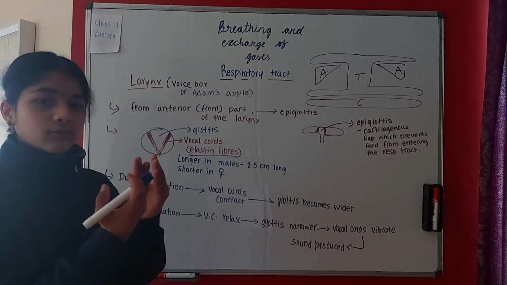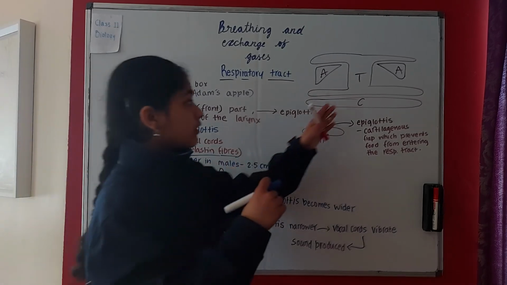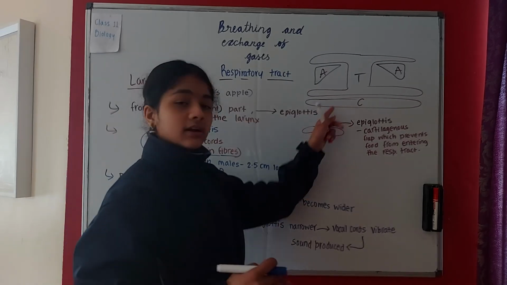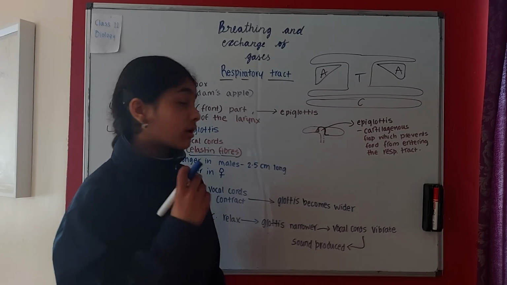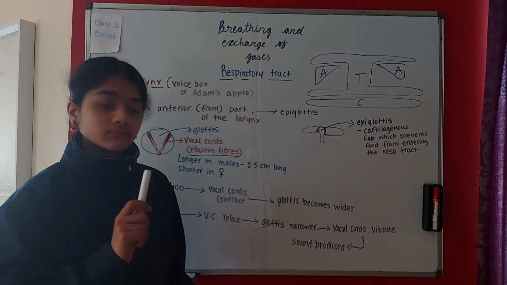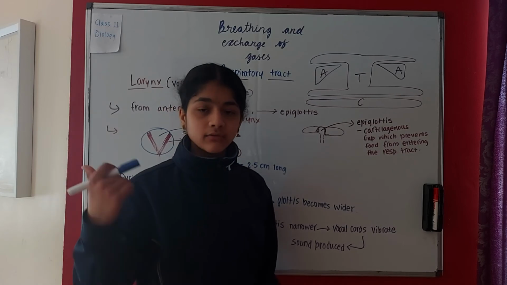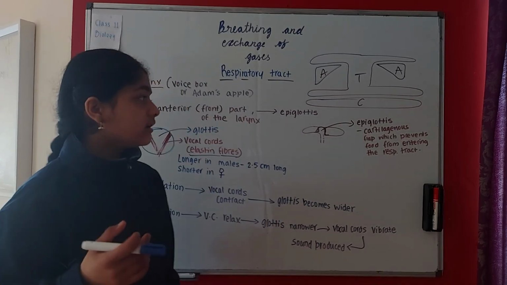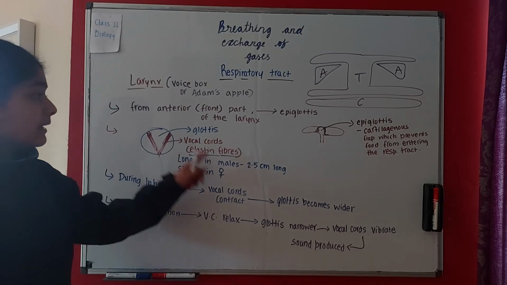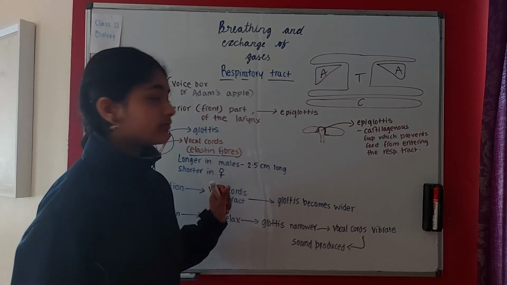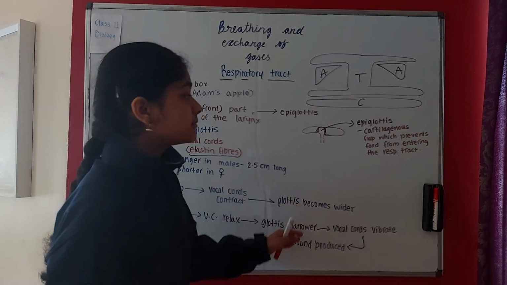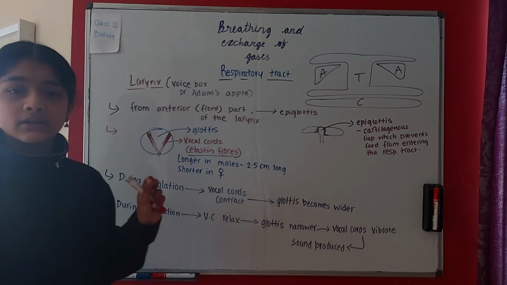So when you fold it this way, the thyroid supports the front, upper and the lower or the bottom part. Cricoid cartilage only supports the bottom part and it's a rod-like structure. And the arytenoid cartilages are triangular and they support the back side of the larynx, and that too not completely. So this thing we have already studied, and also we learned about the epiglottis. From the anterior part of the larynx, this epiglottis arises. It's a cartilaginous flap which prevents food from entering the respiratory tract.